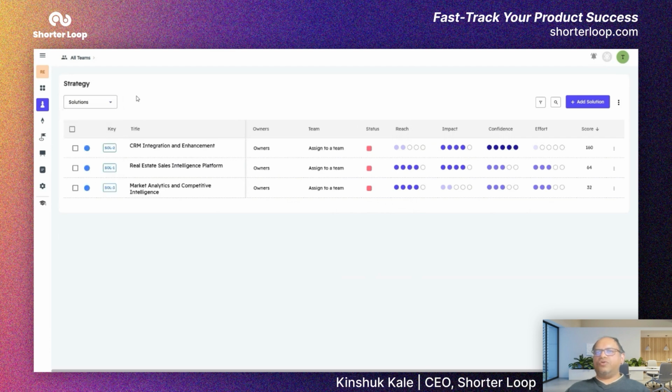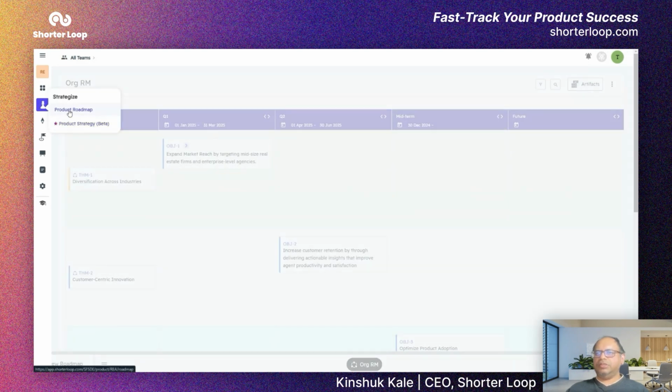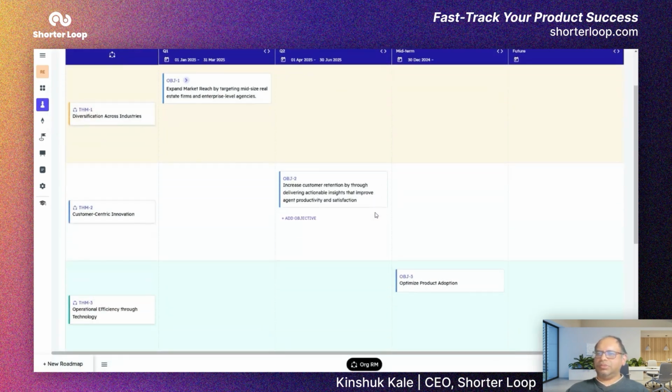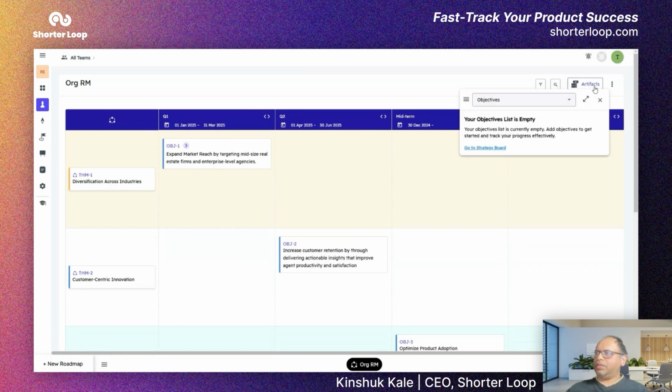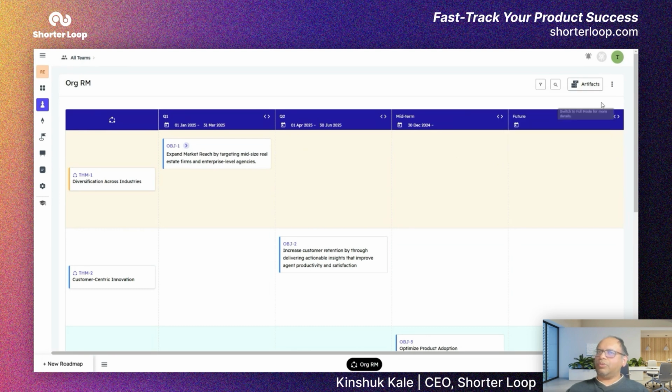So what we saw so far is you start with your organizational roadmap. Based on the organizational roadmap, you create a product strategy, and based on the product strategy, you can create your product roadmap by pulling these objectives into the roadmap. So we pulled in all the objectives. So right now it is empty. But yeah. Now let's see